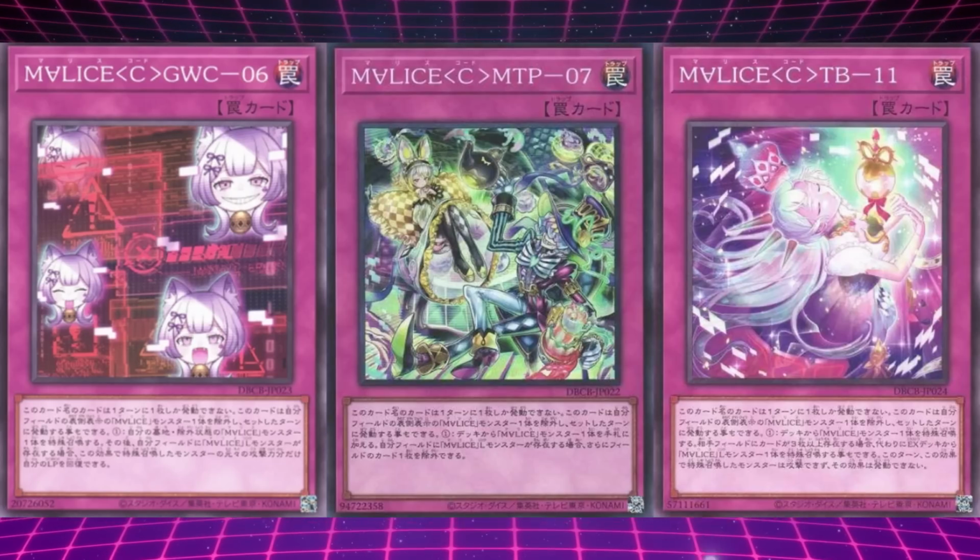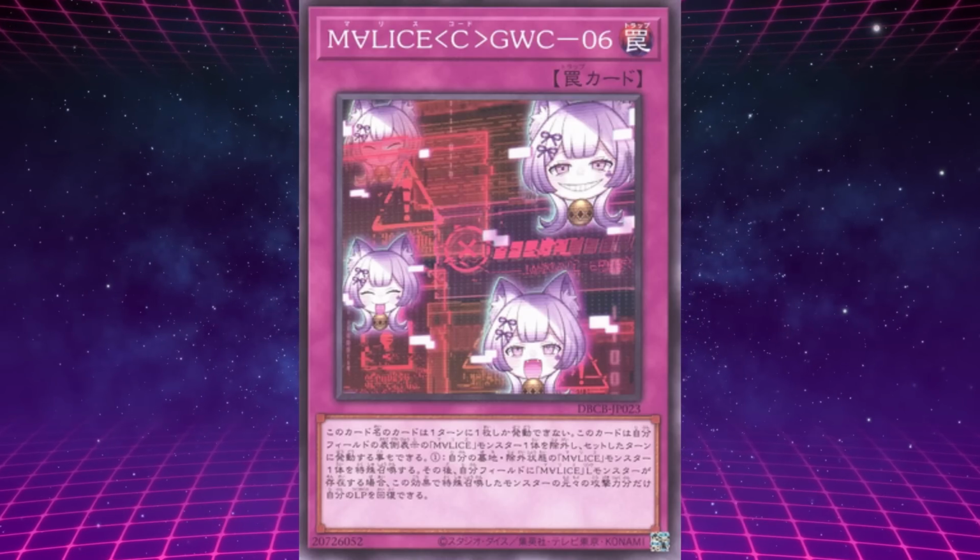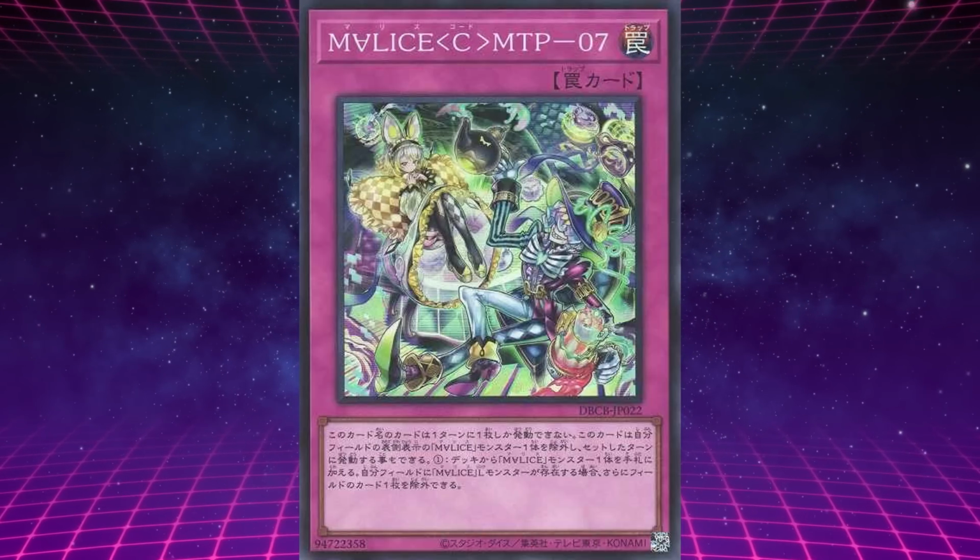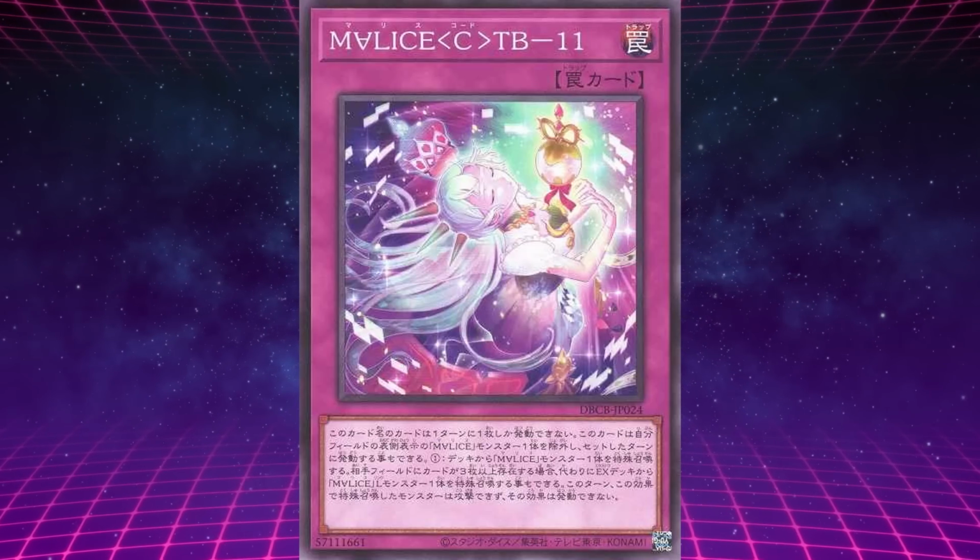What do the codes mean in these cards' names, I hear you ask? Well, the numbers refer to chapters in the book, and the letters are acronyms of phrases found in those chapters. Grin without a cat, Mad Tea Party, 3 blasts. And with that, that's the Maliss archetype done.